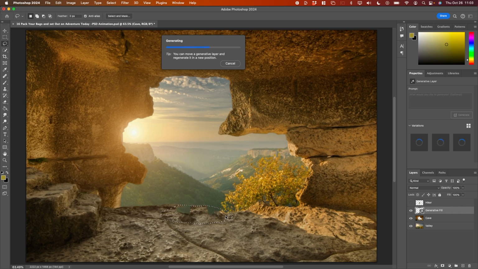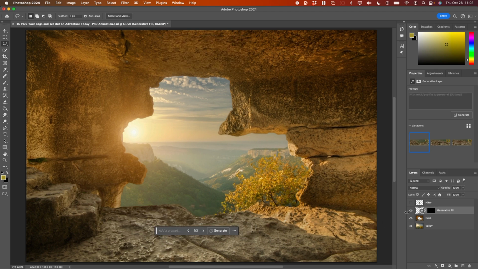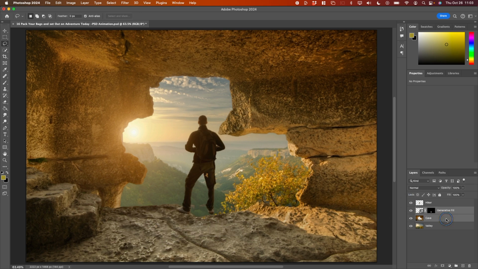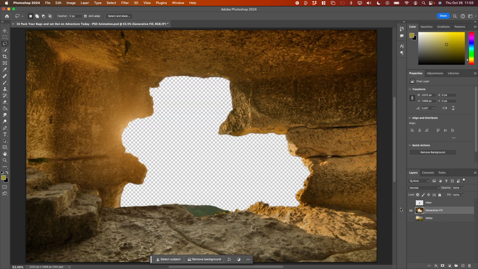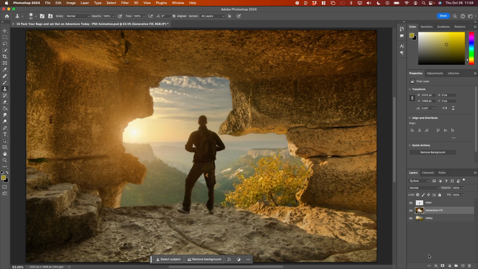And let's see if that fills in the boot areas here in the cave. Otherwise, we could use our tools to clone stamp over those areas. Let's see if that looks all right. Yeah, it looks all right. So I'm going to go ahead and turn him back on, merge the cave and that generative fill layer. Ooh, looks like actually we do need to clone stamp just a little bit. No problem. I'm going to hit my stamp tool, resize my brush, hold my Option key down to select from over here, and let's just brush in a little bit of this. Looks great. Probably need another little tweak, but I think that's going to look great for our purposes now. So now it's ready to go. Save and